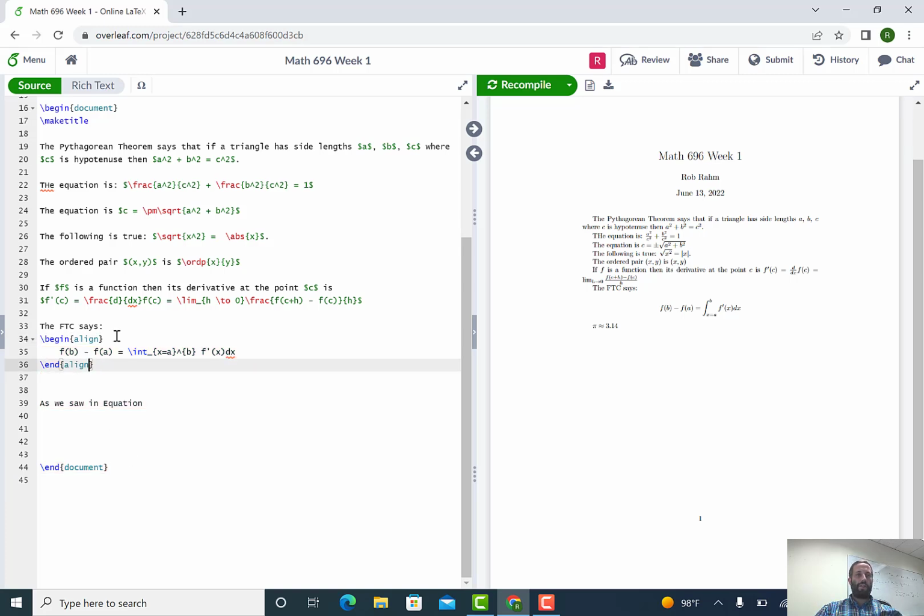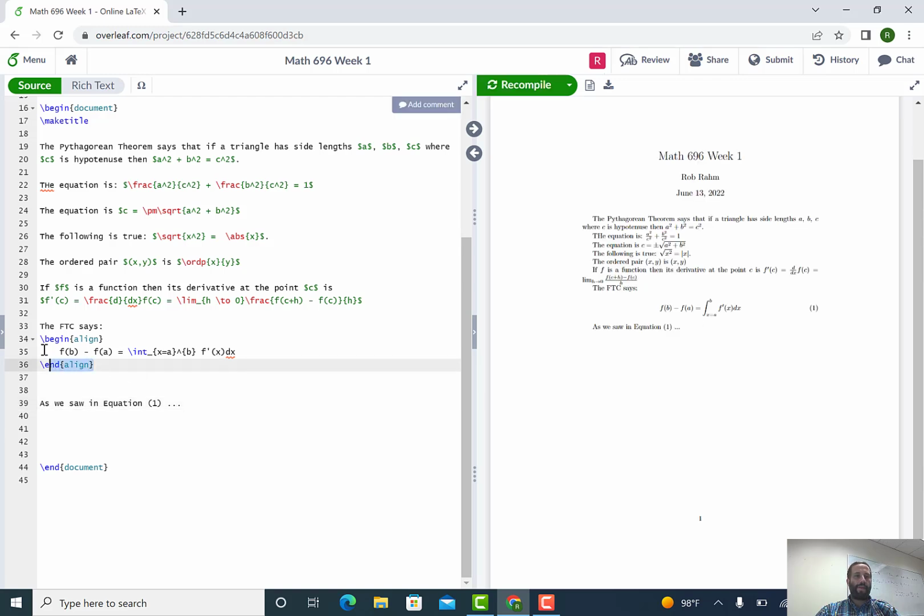Very, very typically, when we have different environments, the non-starred environment is going to give it some sort of number, and the starred environment is going to be the same thing, but it's not going to give it a number. So if I just save this without doing anything else, we see that it has a number here. Now I could do something like, as we saw in equation 1,